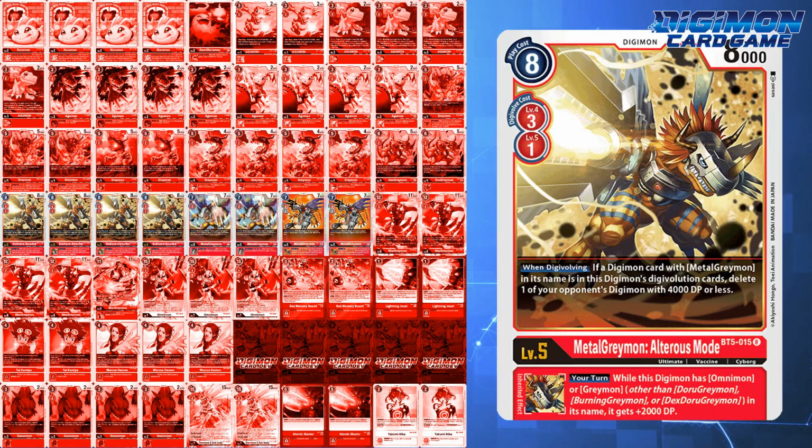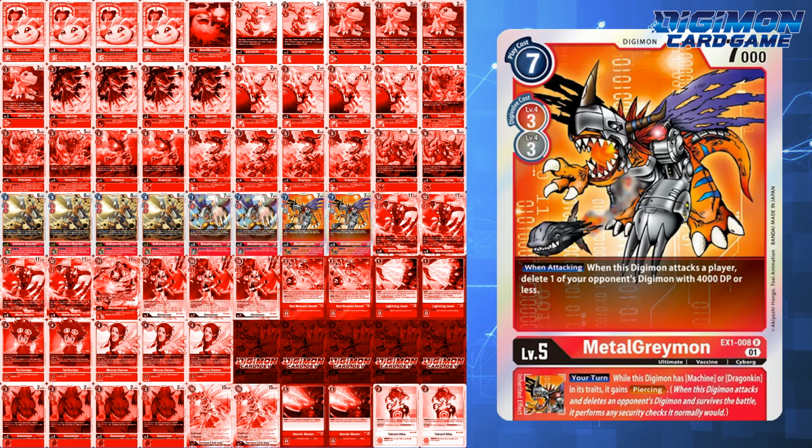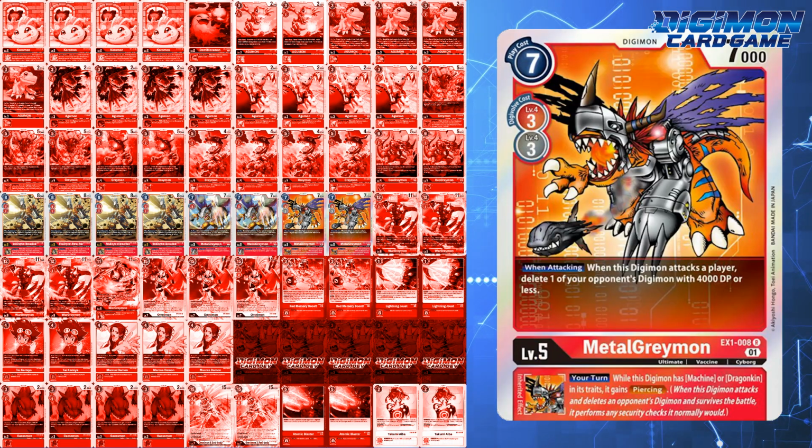Moving to level 5s, this deck runs 8 in the form of 4 Metal Greymon Alterous mode, 2 BT7 Metal Greymon, and 2 EX1 Metal Greymon. This is where the lineup has changed the most, with the fact that blockers aren't really a thing right now for most decks. Starter deck 1 Metal Greymon has been dropped, and the inheritable Piercer Metal Greymon has been reduced